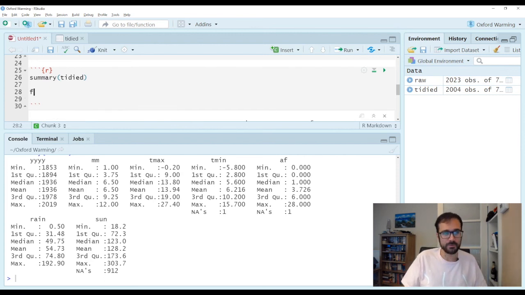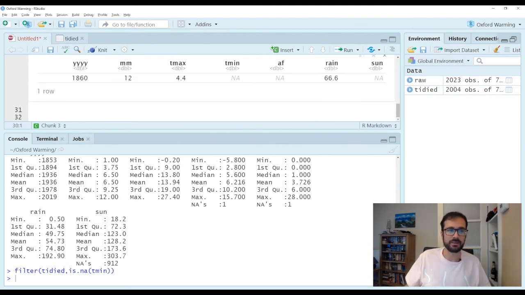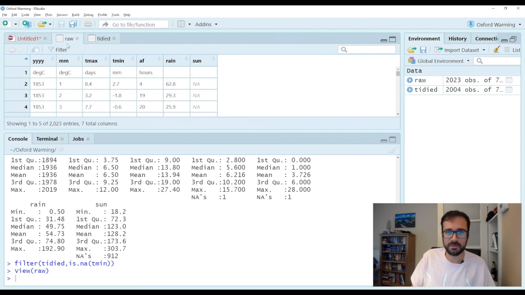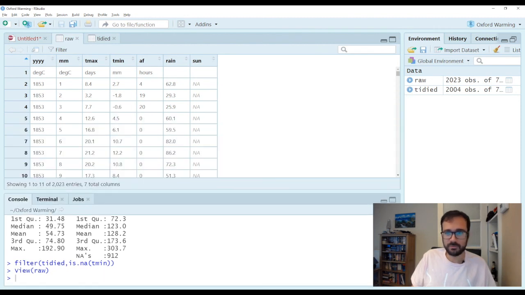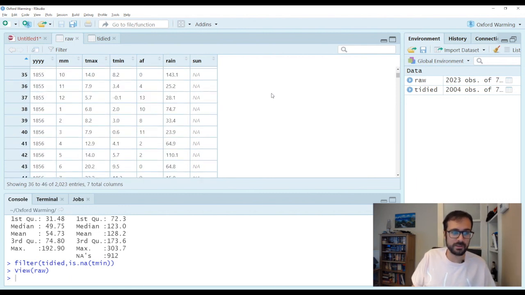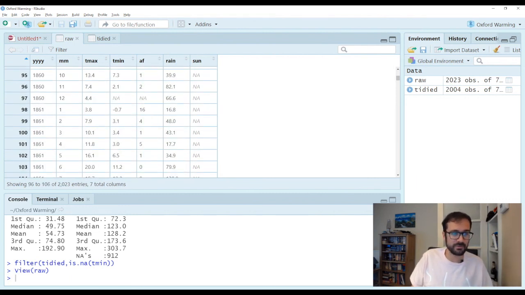So if I do a quick filter here, and I want to know where is.na(tmin). This will filter the data set, and is.na will say, okay, which one is a missing value? So I am looking for December 1860. So let me look in my original input here, go back to the source, and hopefully I will see something which should be a missing value if I head to December 1860.